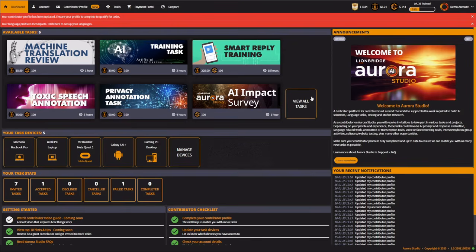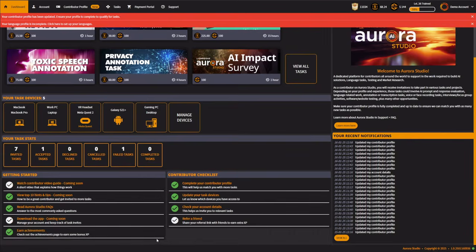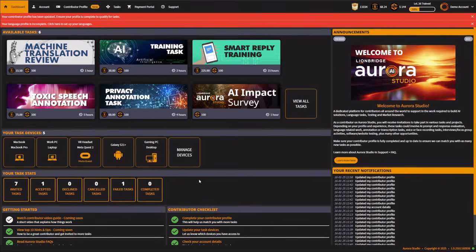So you may see a dashboard similar to this after a while. Now when you first create your account you won't see this many tasks, but over time you may receive tasks similar to this. And the main dashboard is split into these main sections, so you've got your available tasks up here. You can see which devices you've added to your account, your task stats, how many you've been invited to, accepted, completed, for example, and some getting started and checklists that you should go through when you first start out. Complete as many of these as you can to get your account set up and boost your experience within the